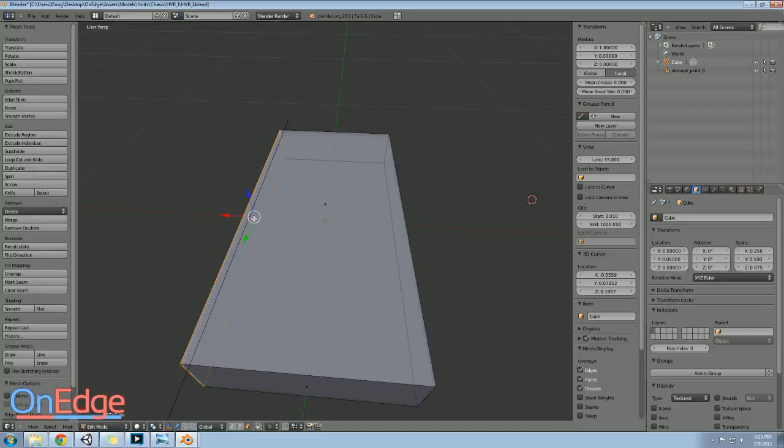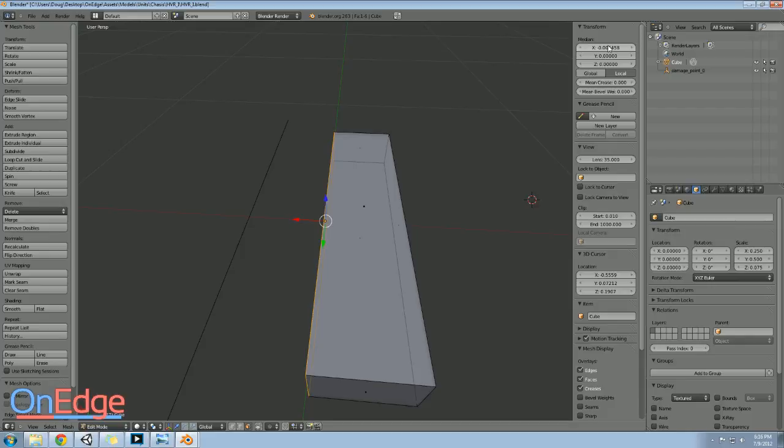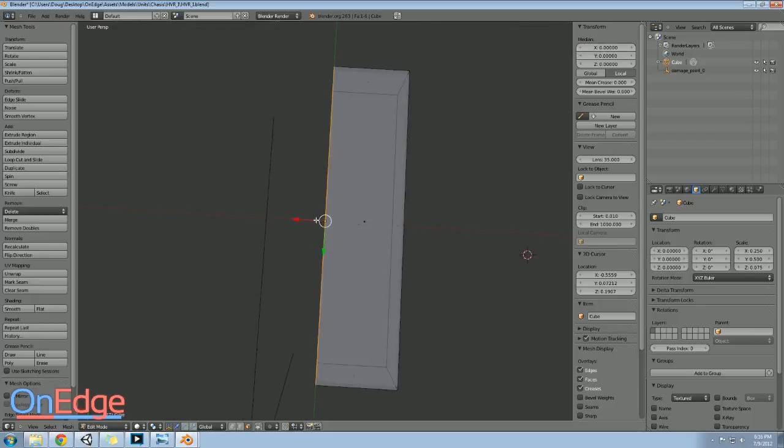So I'm going to select this face, and basically what I want to do is move it over here, right? Just so it's right at 0. Now to get this perfect, up here, the transform tool is no longer the transform of the object when you're in edit mode. It's the transform... see, it says median now. It's the median transform of all the vertices you have selected, or the object. So if I have a face selected, it's the median transform of the faces that are selected. So I can type in 0 here, and now I know it's exactly at 0 on the x-axis, so it's